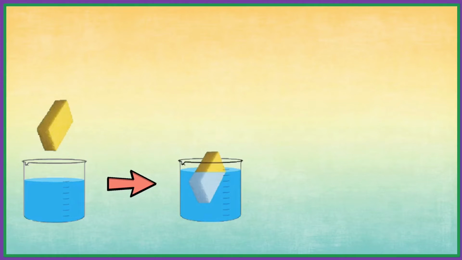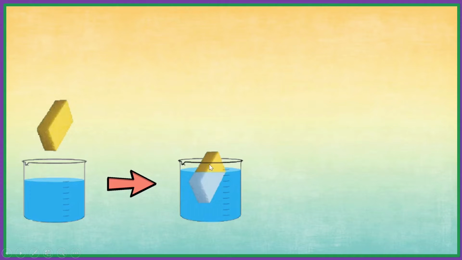Now let us discuss first water absorption. We need a beaker, and we need also water and the sponge. So this is the sponge. This is step 1. Now step 2,